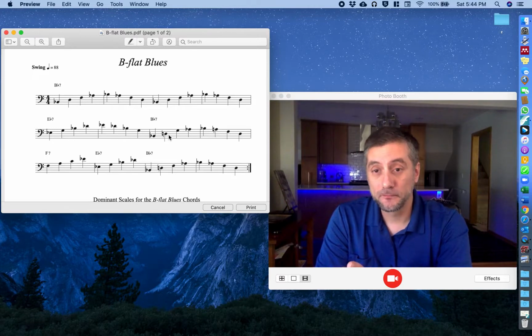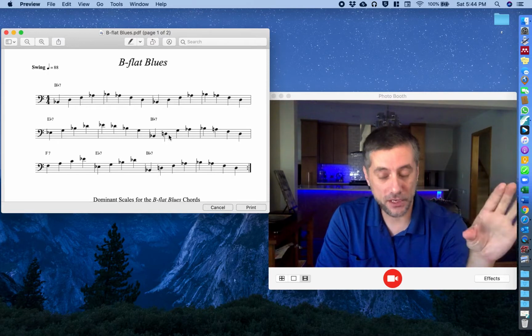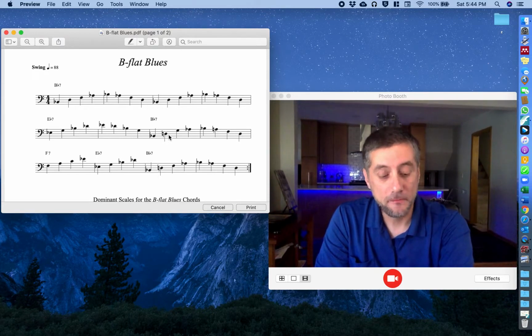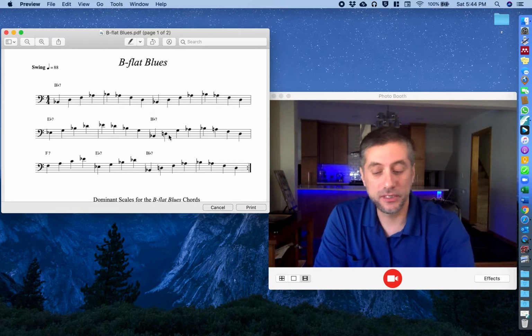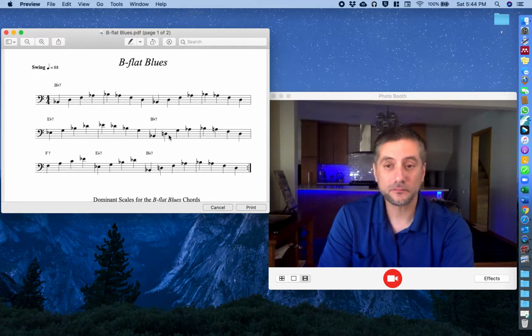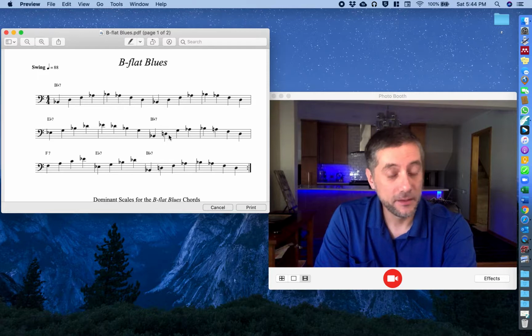But if it isn't, you can always learn how to move it from the key that the professional player played into the key that you might need it for your song. And if that's a bit of a challenge for you, your teacher will be able to help you do that as well. So always ask lots of questions along the way, and hopefully this gives you enough tools to keep you fueled up for the whole school year, working on different exercises and gaining your vocabulary and your confidence in